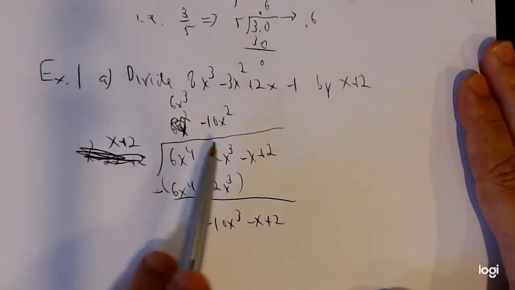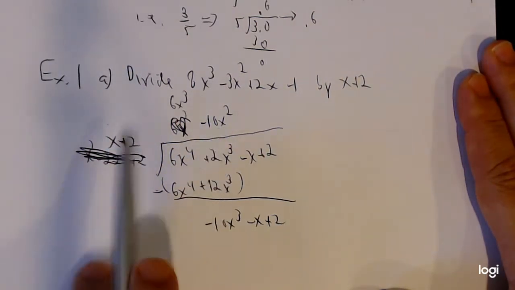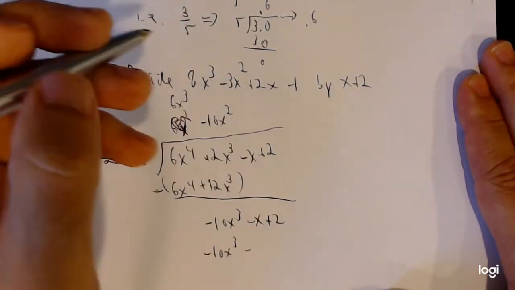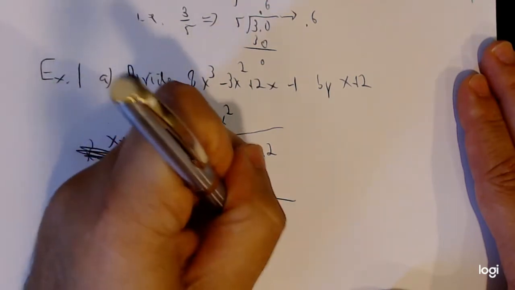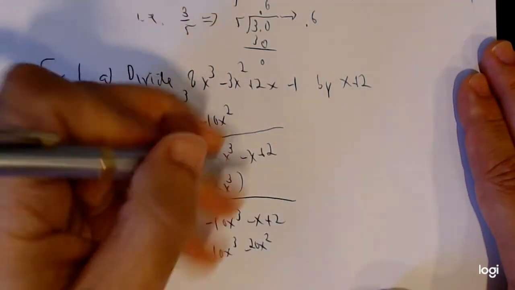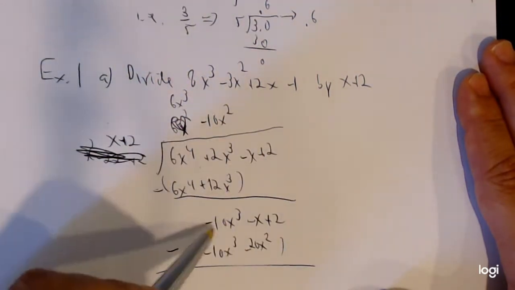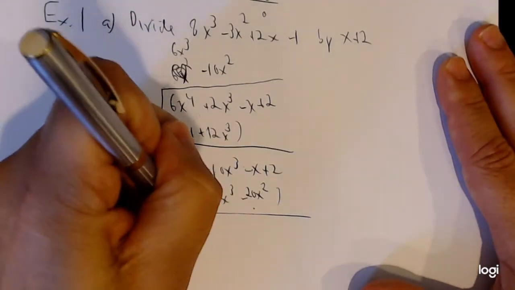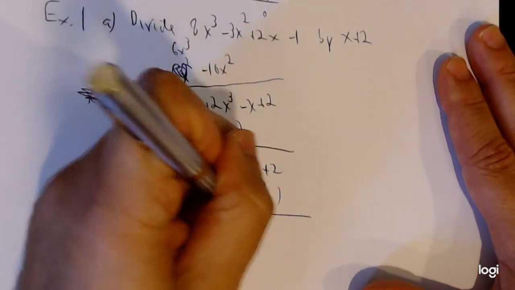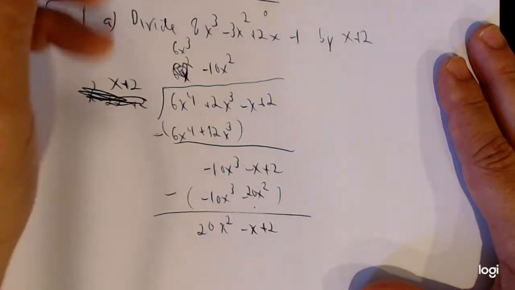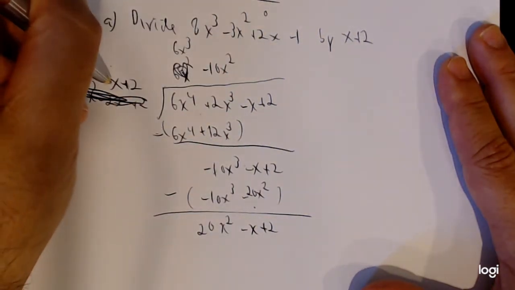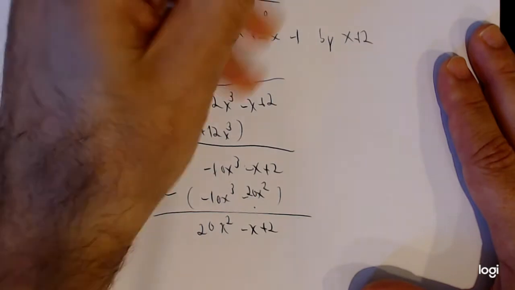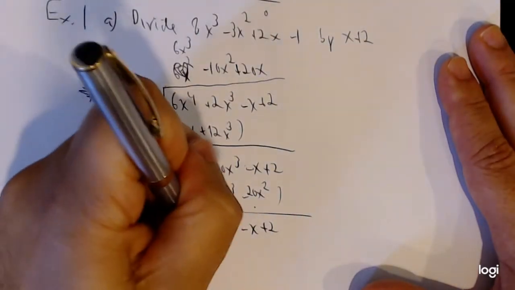So this will be negative 10x cubed minus 20x squared, and then we subtract them, and then obviously these will cancel out. This 20x squared, there's no x squared here, so there's nothing else I could combine, so that will become just a positive 20x squared minus x plus 2. And then for this I'm going to multiply by, what do I need to get 20x squared? Just by 20x. So this becomes 20x squared